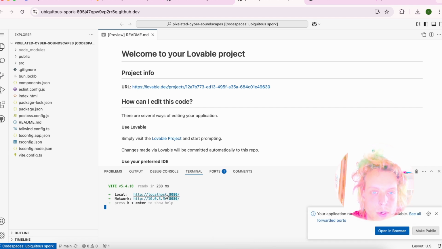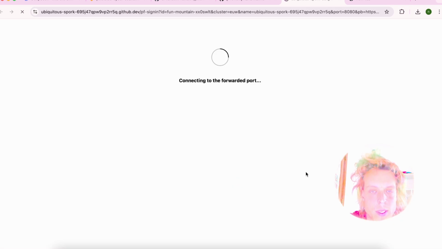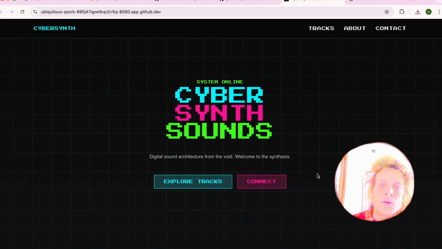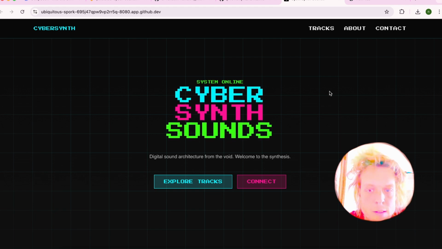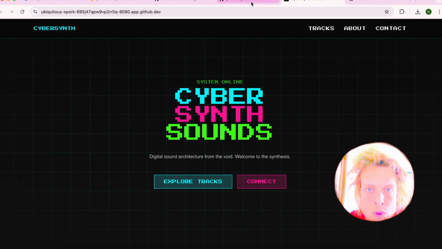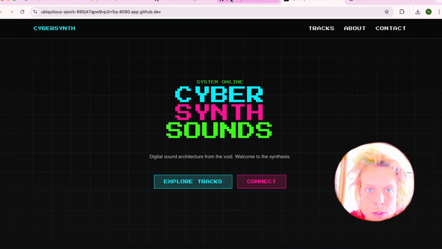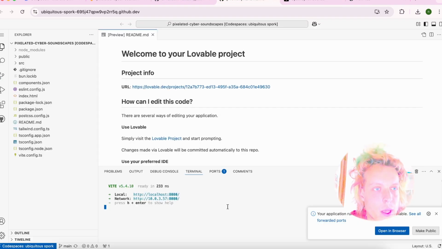I can come here and go to this, and then I will see the website that we were seeing before on Lovable. In this case, it needs to be clear that this is only on your computer. We're going to need to sort out the deploy part afterwards, but at least now we can already edit the code. To edit the code, we're going to need to go back to our project, and then if you go here